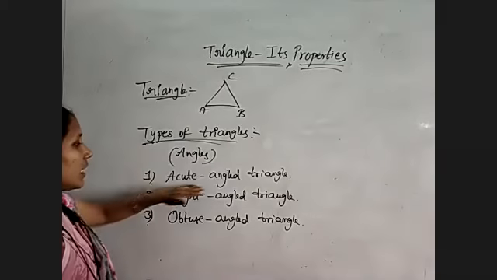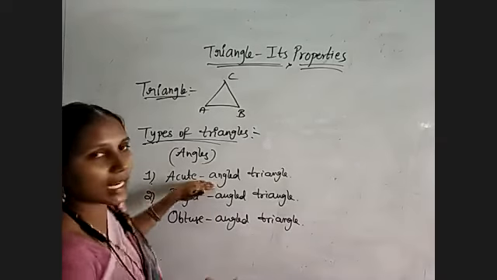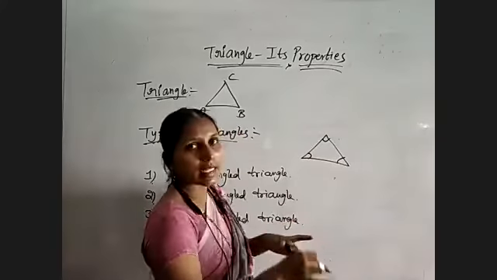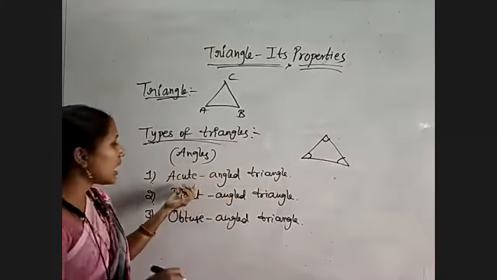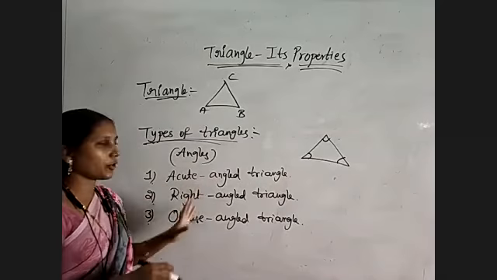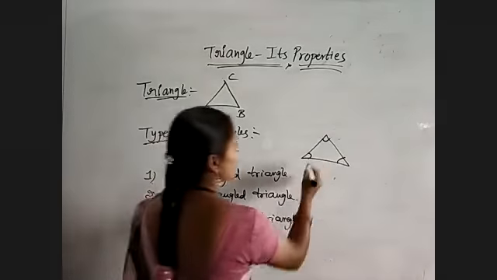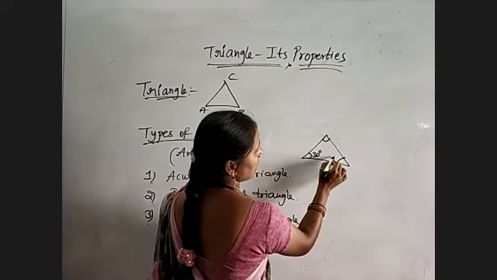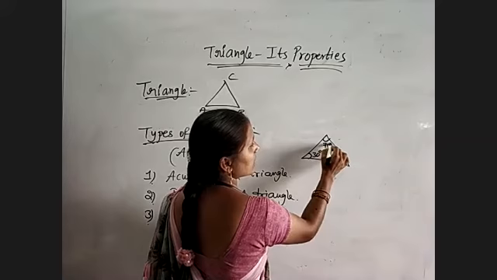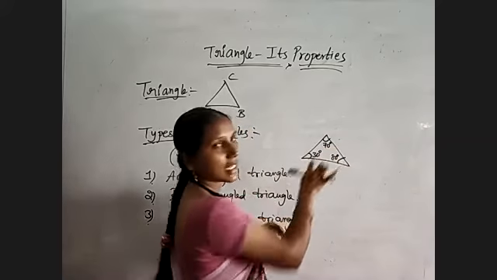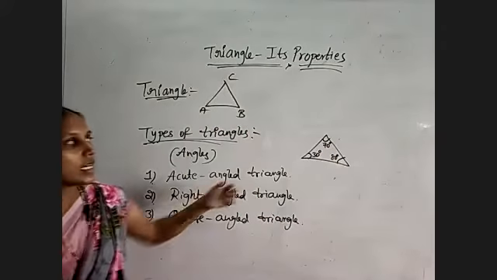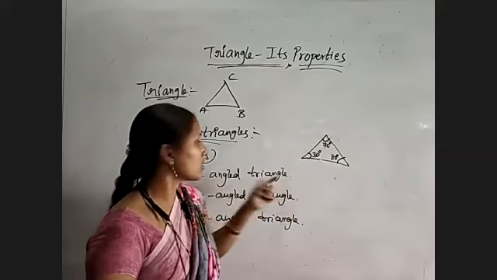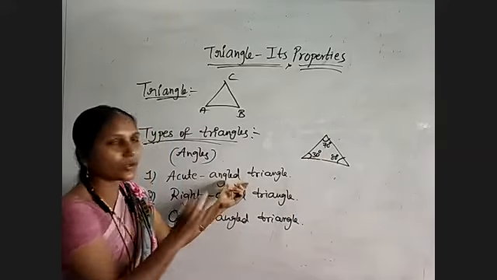Okay, just observe here. If all the three angles of a triangle are acute angles, like this, if I am having all angles lesser than 90, such type of triangles are said to be acute angled triangles. Three angles are acute angles. Okay, and for suppose I have here 30 degrees, 80 degrees, and 70 degrees. So 70 plus 30 is 100, 100 plus 80 is 180. One property of a triangle is that the sum of the three angles must be equal to 180. And all these three angles are acute angles. So this is an acute angled triangle.